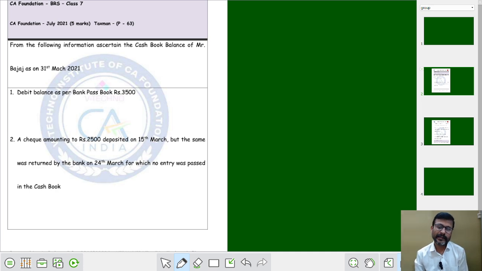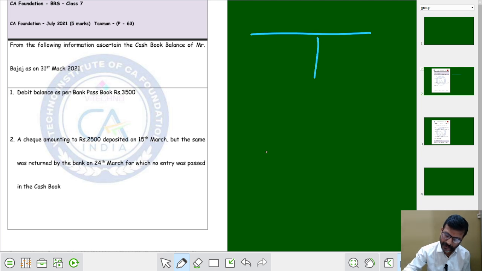Let us learn the next problem in BRS, which was asked in CA Foundation July 2021 for 5 marks. See, my dear kids, here is the question. Before reading, I always tell you, you should remember that whenever you are solving